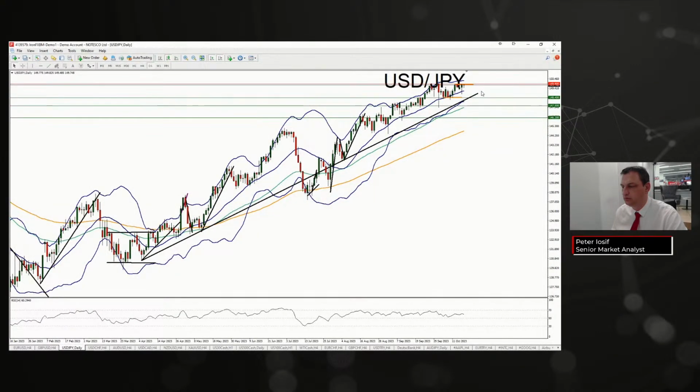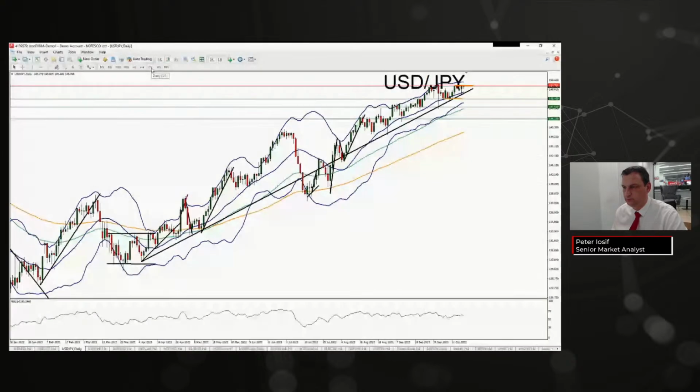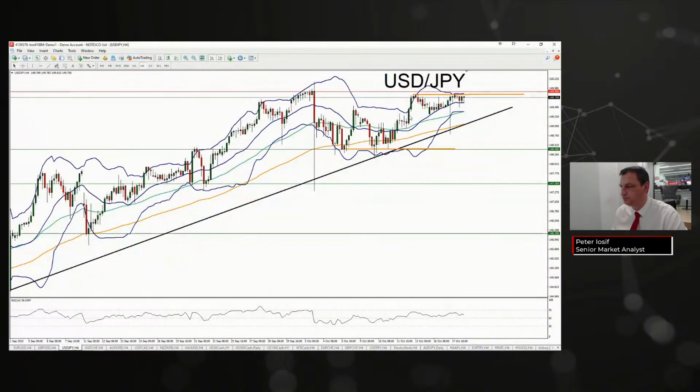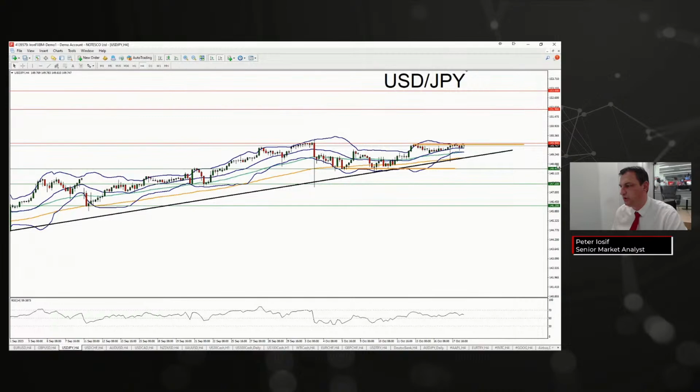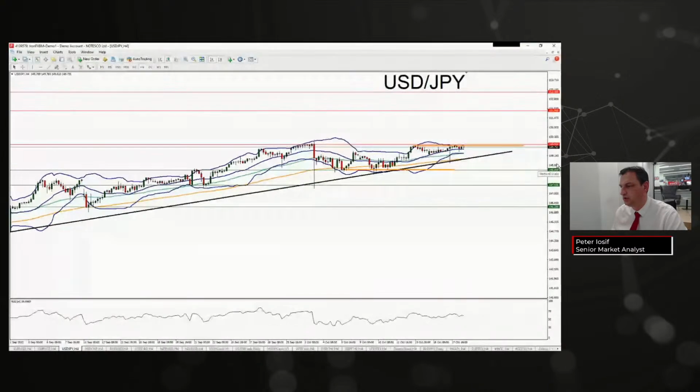It could be shifted a little bit to the left. Back to the four-hour chart. That's better. So we have a triangle forming here, but before we move on,